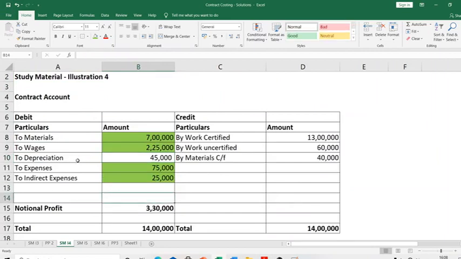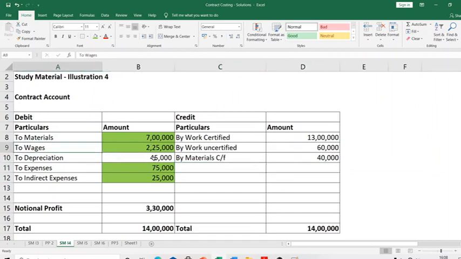Another way of saying is, put plant here at 75,000 and remove plant from your contract account by crediting to the extent of 30,000. Debit 75, credit 30, effectively what happens is you are debiting only net 45,000. So introduce entire plant of 75,000 in the contract account and remove 30,000 when the year gets over, because to that extent you have not used it.